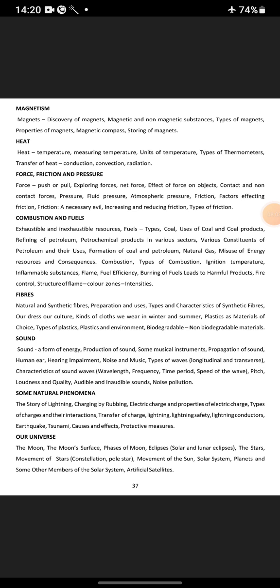energy: production of sound, some musical instruments, propagation of sound, human ear, hearing impairment, noise and music, types of waves, longitudinal, transverse, characteristics of sound waves, wavelength, frequency, time period, speed of the wave, pitch, loudness and quality, audible and inaudible sounds, noise pollution. Some natural phenomena: the story of lightning, charging by rubbing, electric charge and properties of electric charge, types of charges and their interactions, transfer of charge, lightning safety, lightning conductors, earthquake, tsunami, causes and effects, protective